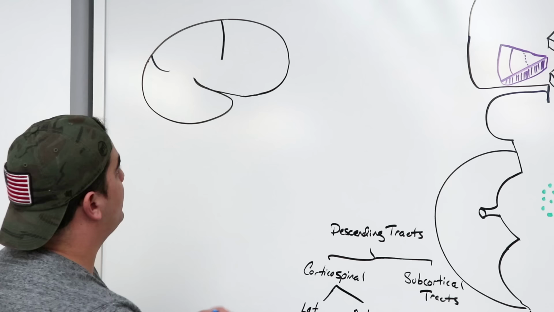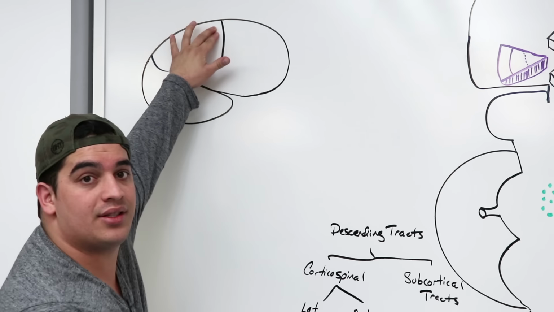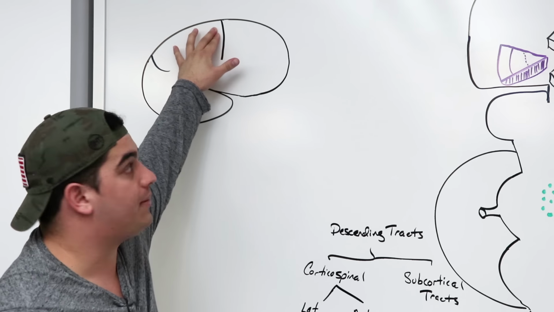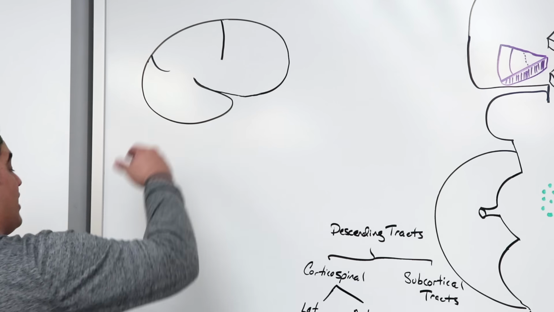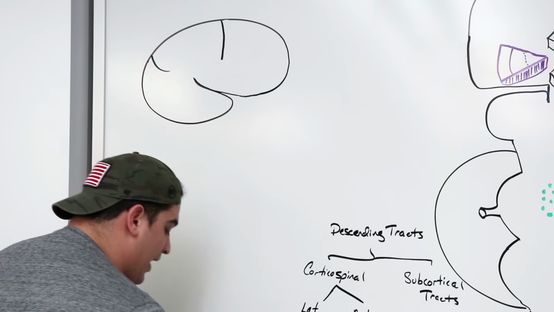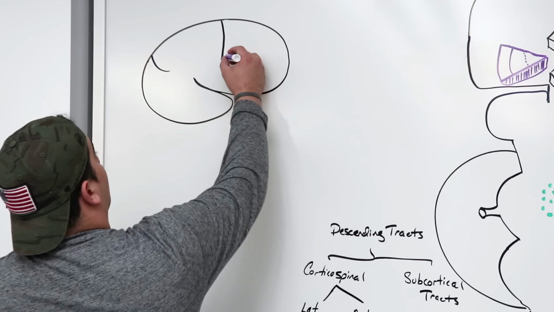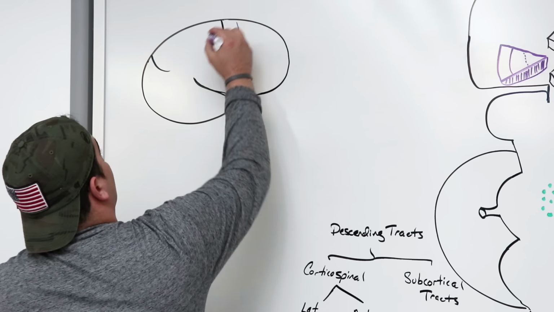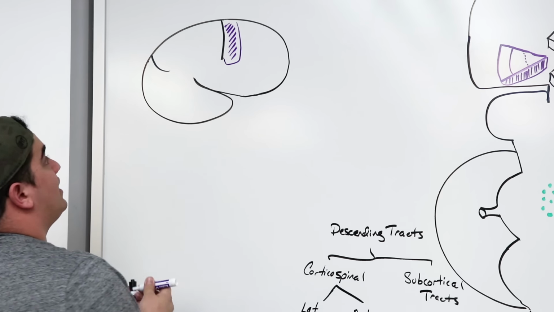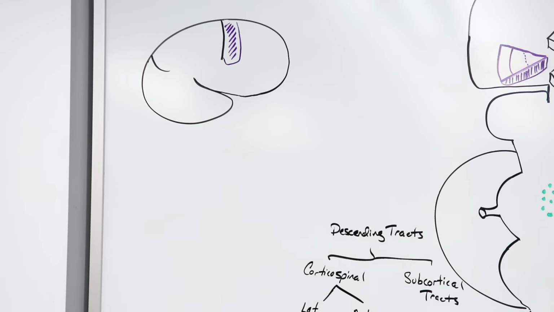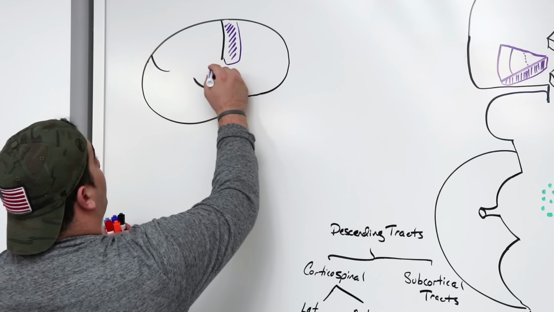Now, we already discussed in the ascending tracts that the parietal lobe, that postcentral gyrus, was associated with sensations. In the anterior or frontal lobe, anterior to that central sulcus, there's a special lobe here. So look at this. You have a special gyrus just anterior to that central sulcus. What is that gyrus called? They call this gyrus the